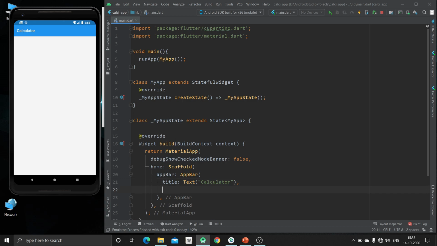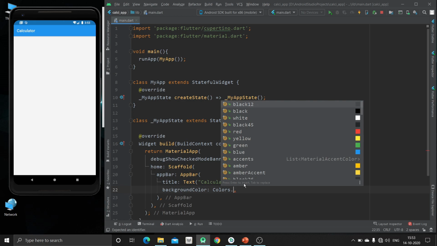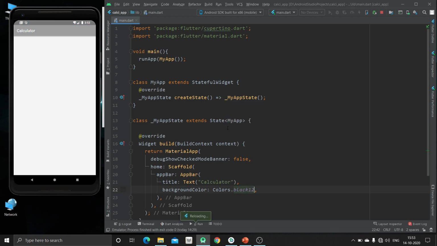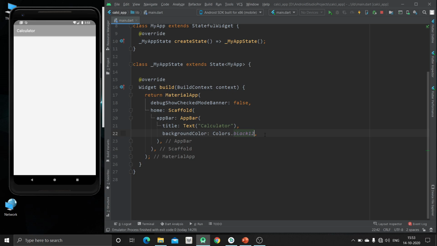Now we are just going to change the color of our app by using this background color property. I just hit control and S. Now you can see. Now we are just going to specify the body of our app. As you are already familiar with the UI of a calculator, our calculator contains some different buttons having numbers inside them, and on top we can say an output panel in which the numbers and outputs are visible. So we are going to create that UI.